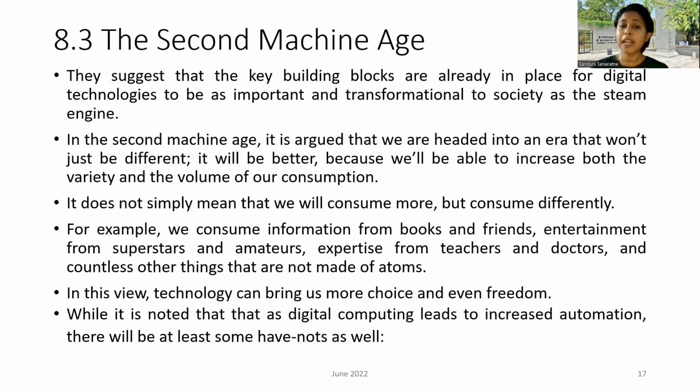In this view, that is why we say that technology can bring us more choice, right? Not just limited choices. We can choose from whom we seek information, from whom we seek to get entertained, from whom we seek opinion. Even if we take the simplest case of buying something, there's a lot of choice for us online. If we go on AliExpress or Daraz, there's a lot of choice in which supplier we are going to buy from. It's not just one or two, there are hundreds, there are thousands. So it gives us more choice and more freedom to consume from whoever or whatever we want.